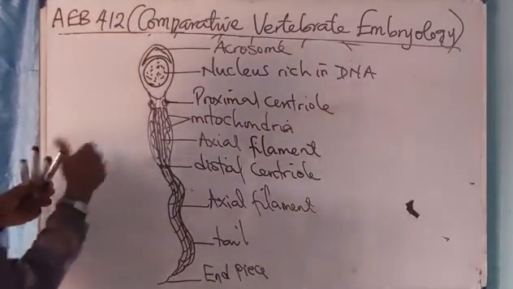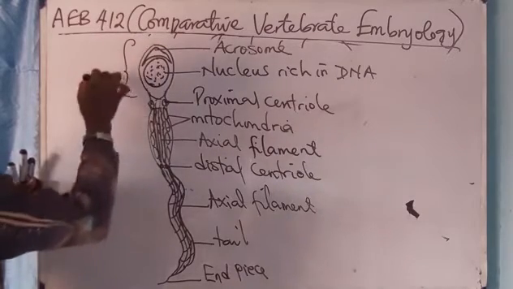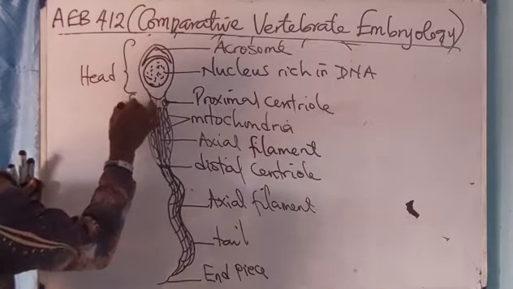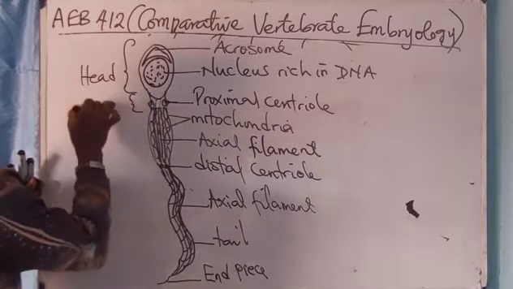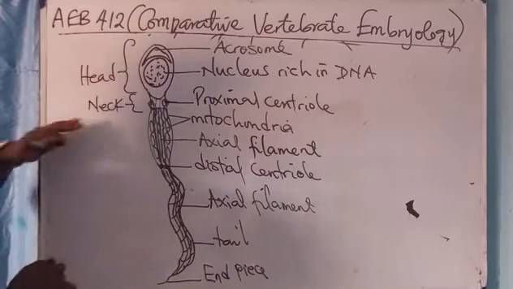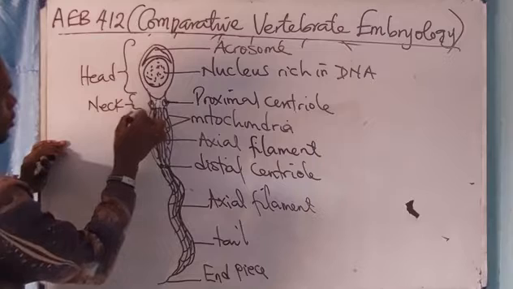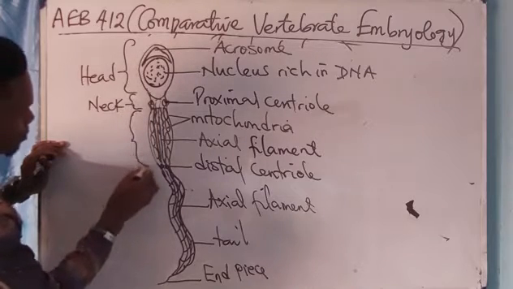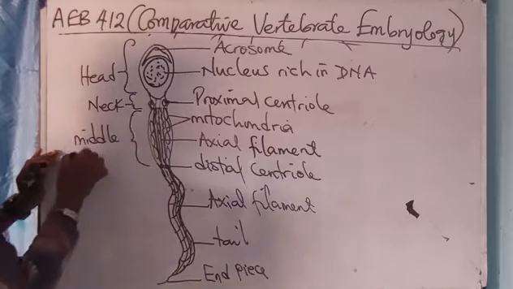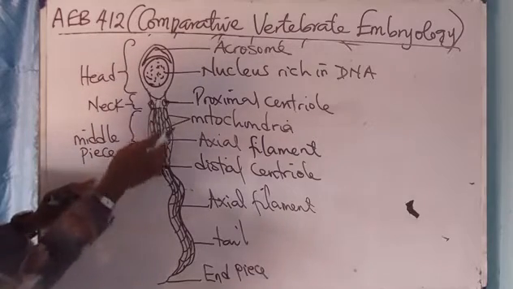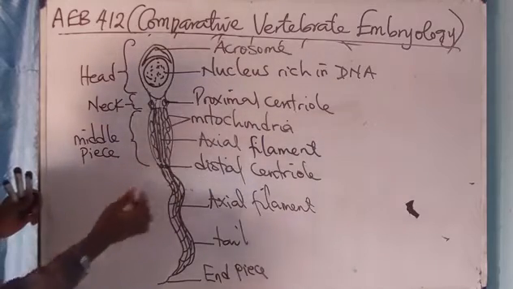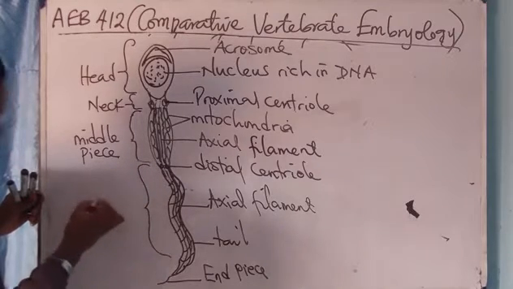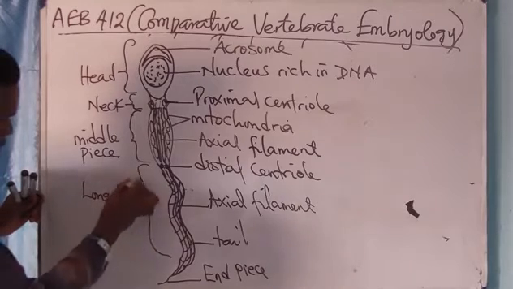So the sperm is divided into head, neck, middle piece. I say the middle piece is where you have the mitochondria and what? The axial filaments. So you now have from here, you have the long tail. So these very parts,